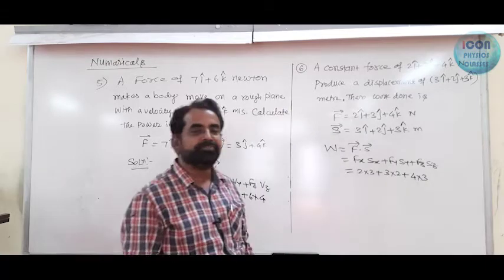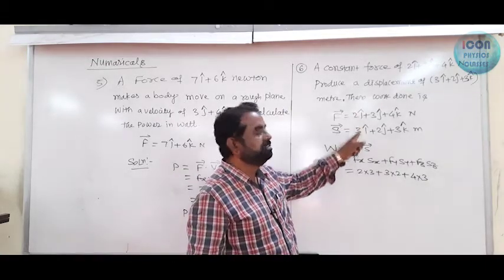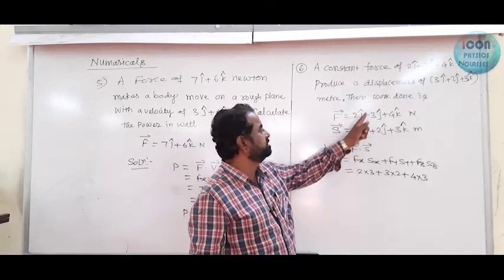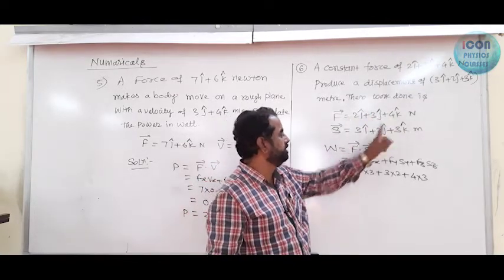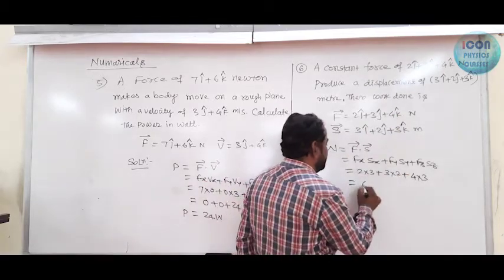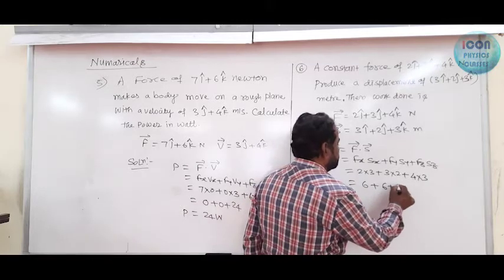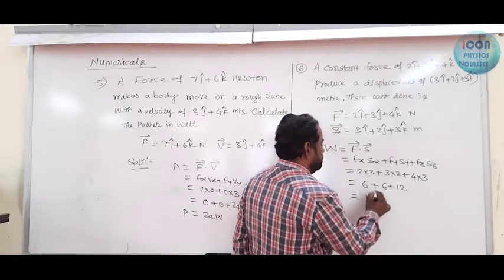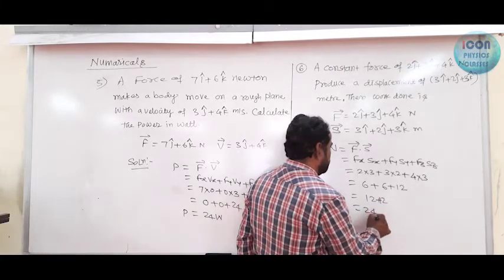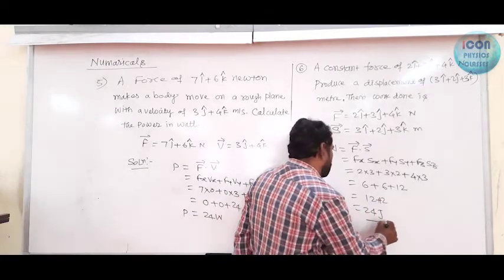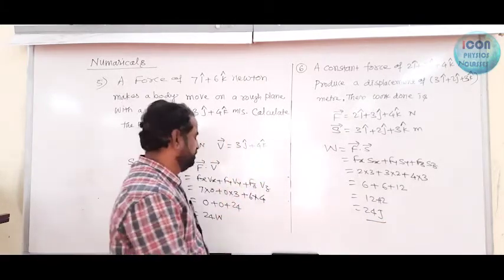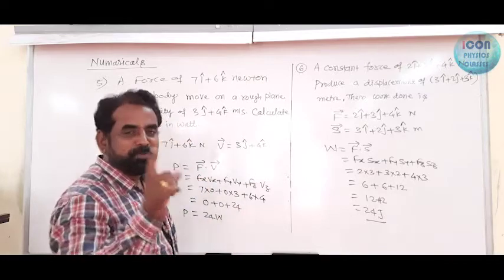Do you understand here? Product of similar components, Fx Sx, Fy Sy, Fz Sz, you put here, and that is 6 plus 6 plus 12. So this is 12 plus 12, and that is equal to 24 joule of work. This is quite a simple problem,